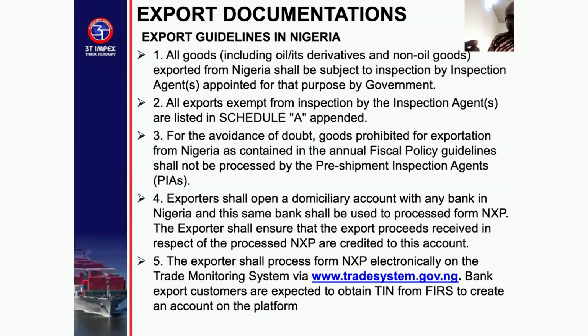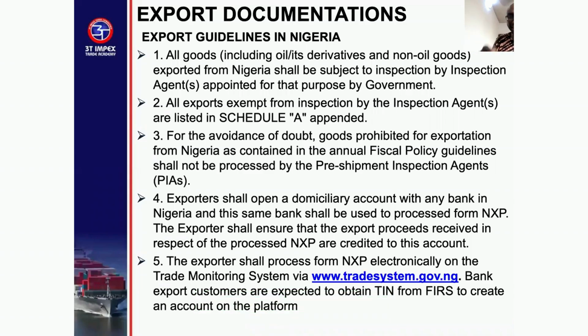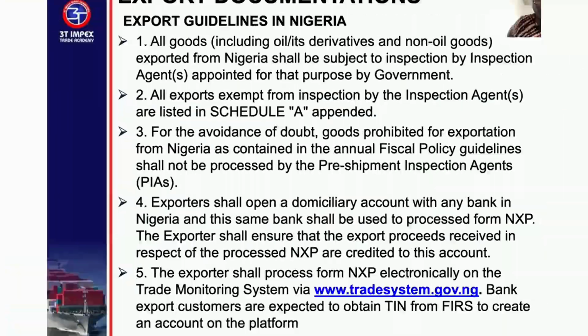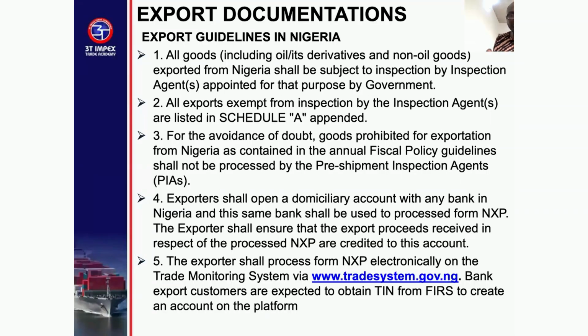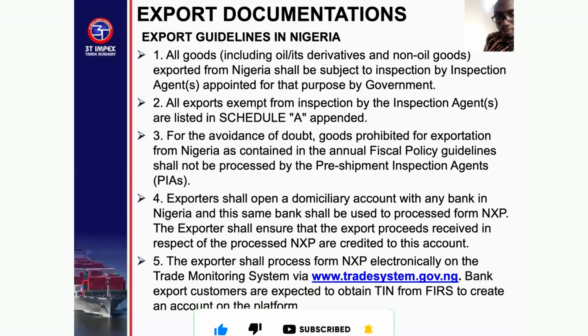Exporter shall open a DOM account. An exporter is expected to open a DOM account with any bank in Nigeria, and this same bank shall be used to process Form NXP. The exporter shall ensure that the export proceeds received in respect of the processed NXP are credited to this account. The exporter shall process Form NXP electronically through the tradesystem.gov.ng. Bank export customers are expected to obtain a TIN from FIRS in order to be able to create an account